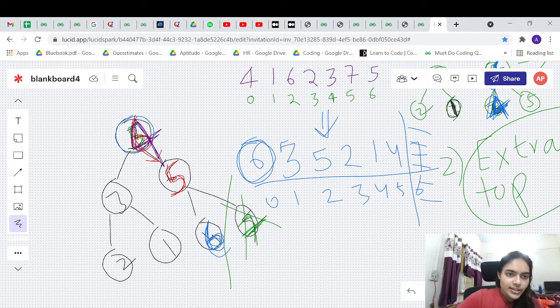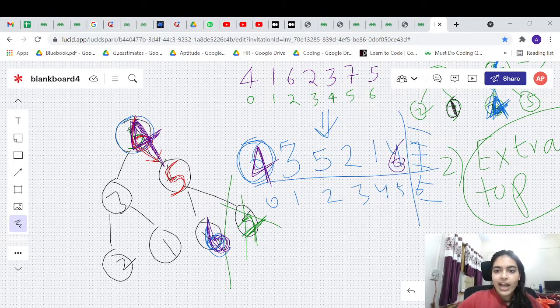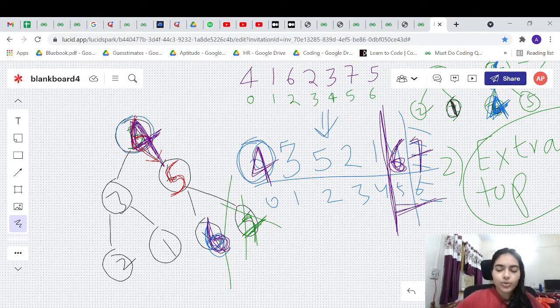This is 4. Okay, this is 4. This is 6. Okay, you have swapped these two elements. So what has happened? First element has become 4. Last element has become 6. You can see last two parts are sorted. 6 and 7 both are sorted. We have got the last two maximum elements.